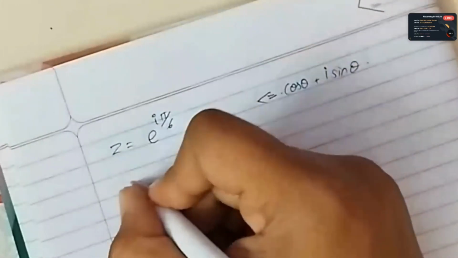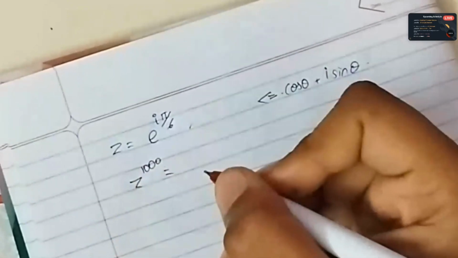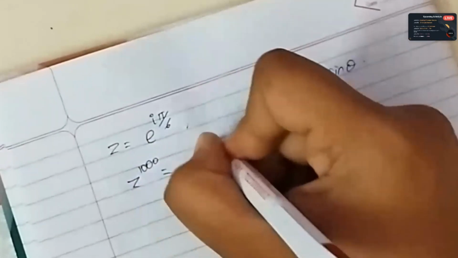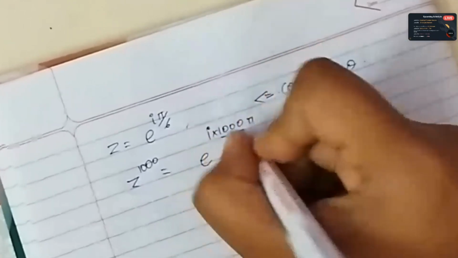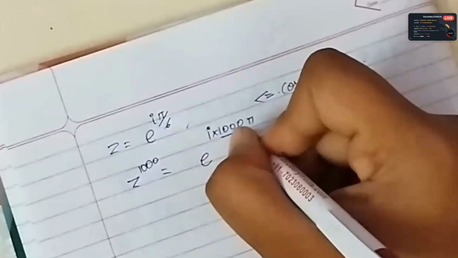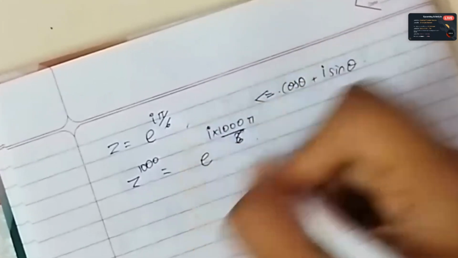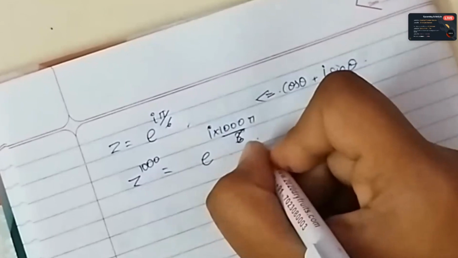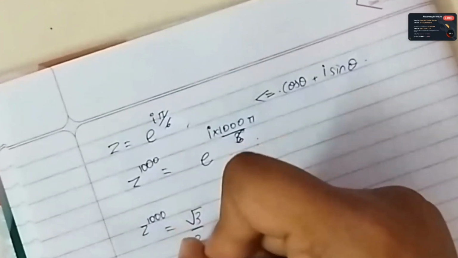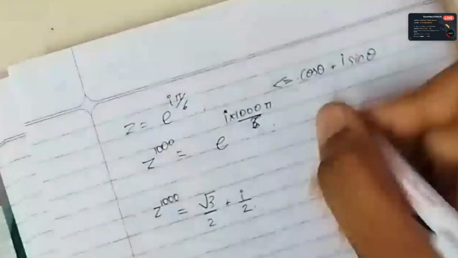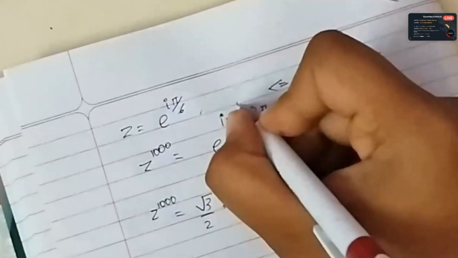Now here we can see how different forms are very helpful. So basically now z raised to 1000 can be easily done as this. It becomes very easy to compute this number instead of doing z raised to 1000 on the original number. That is why we convert into different forms. Now we can see this is 500.